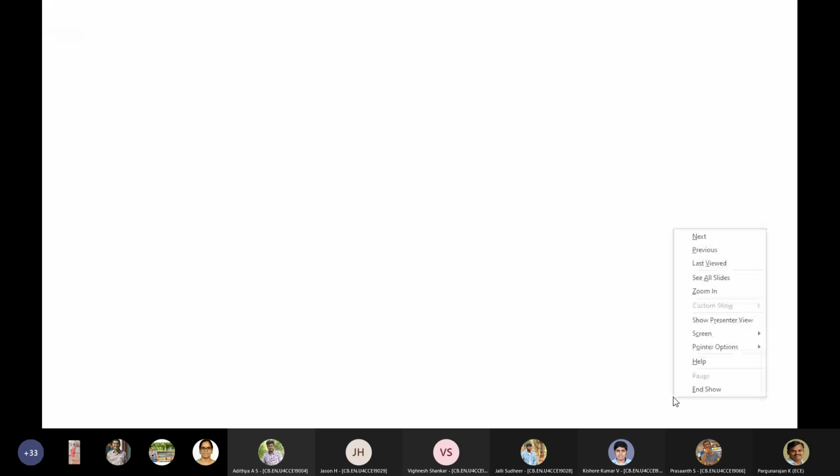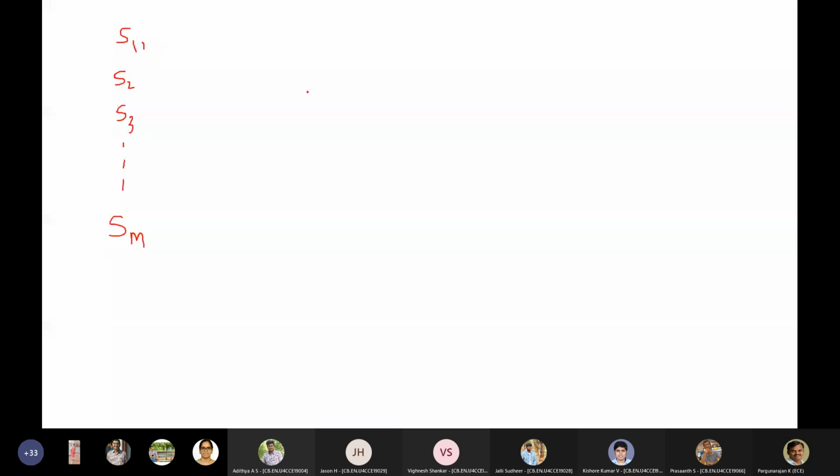So I had a problem. These are my signal set, S1, S2, S3 up to SM, M different signals. Now I will try to express all the signals. Generally I call it S subscript small m of t, that is equal to